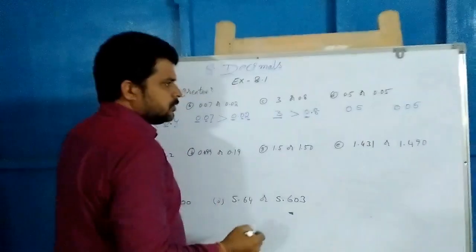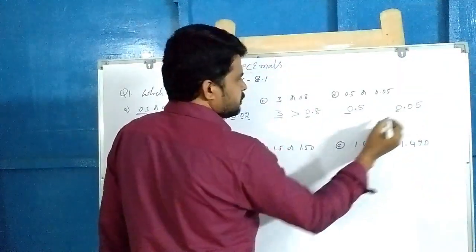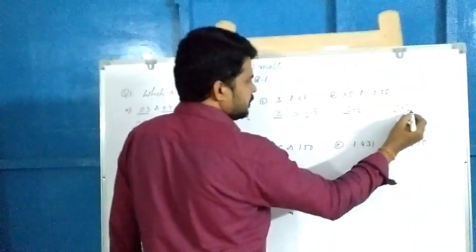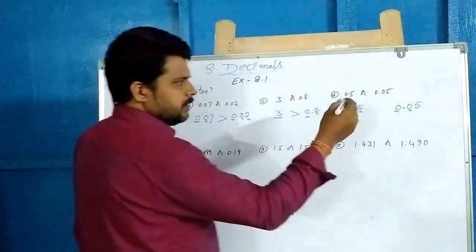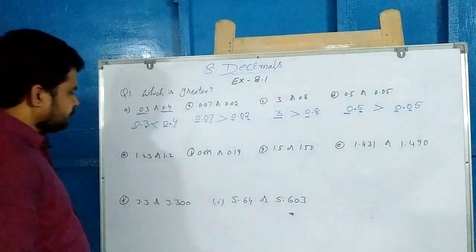0.05. So first check the whole number part, it is equal. Now the decimal part, the first one is 5 and 0. Comparing 5 and 0, 5 is the bigger one. So put greater than there. Next,